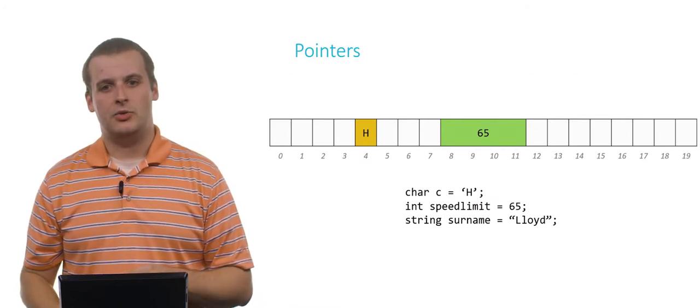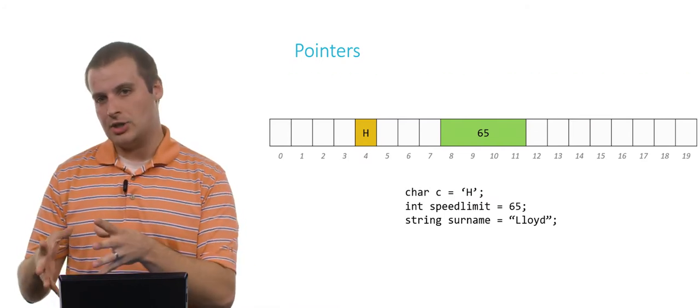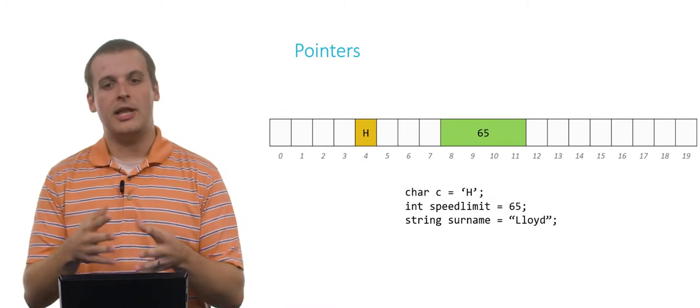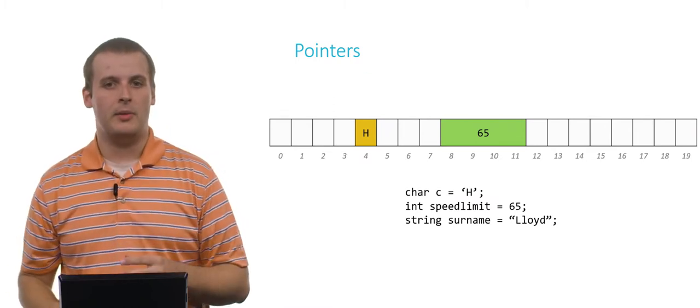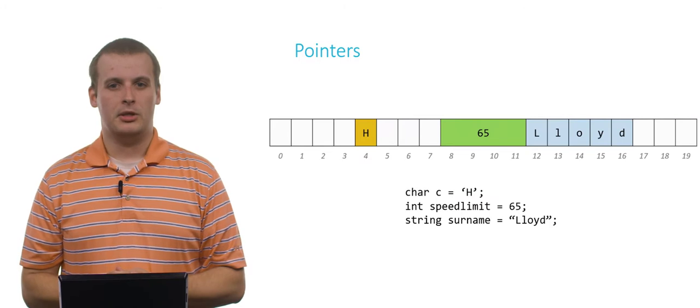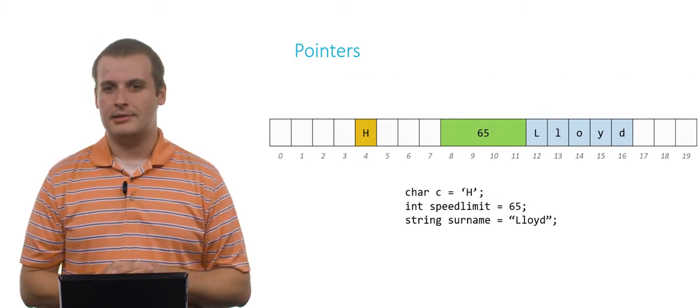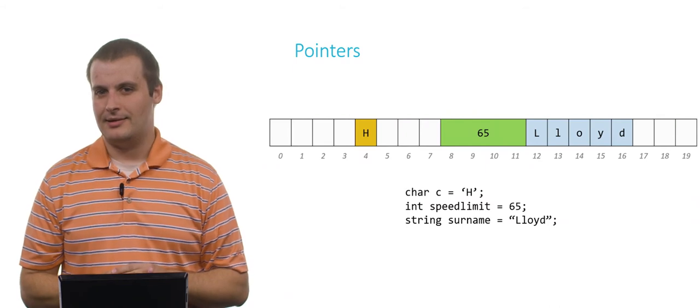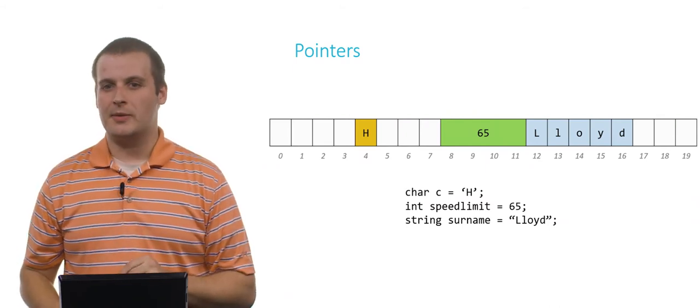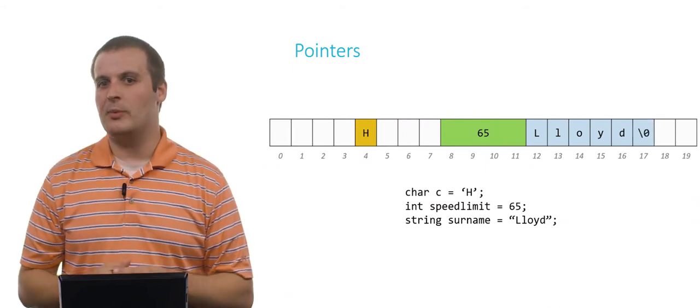I'm going to need to fit 1 character. Each letter of that's going to require 1 character, 1 byte of memory. So if I can put Lloyd into my array like this, I'm pretty good to go, right? What's missing? Remember that every string we work with in C ends with \0, and we can't omit that here